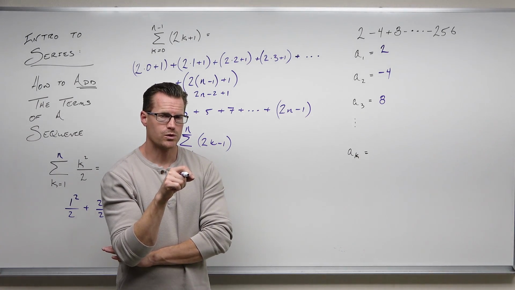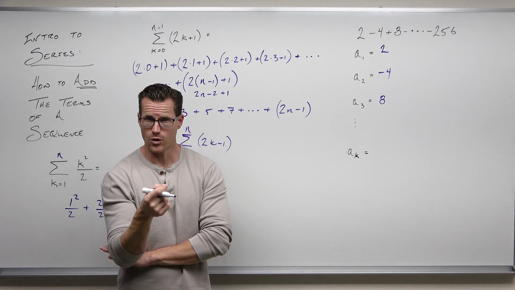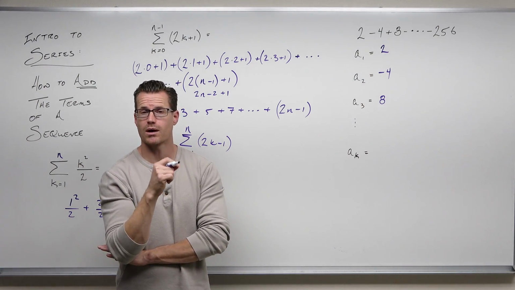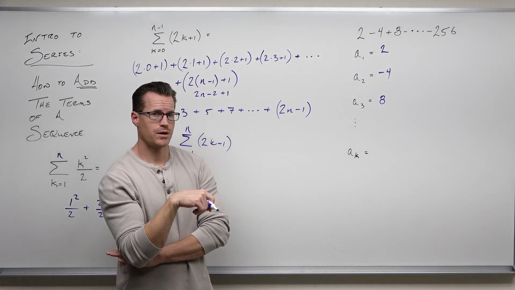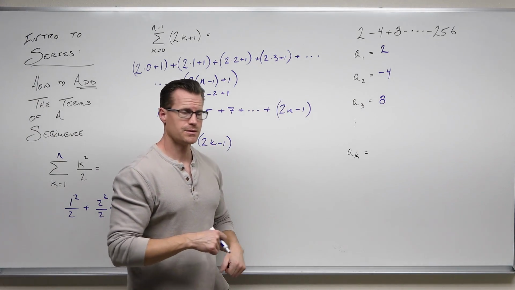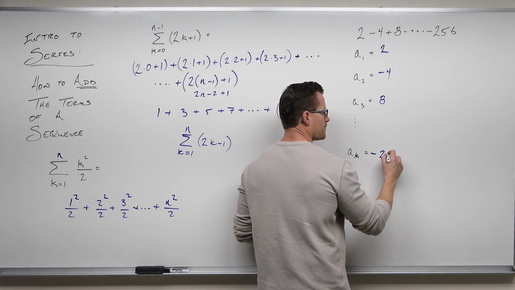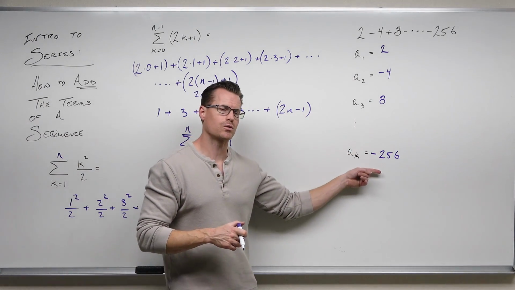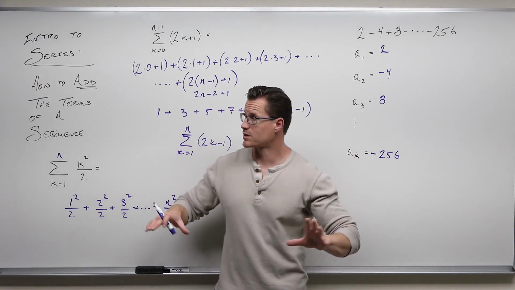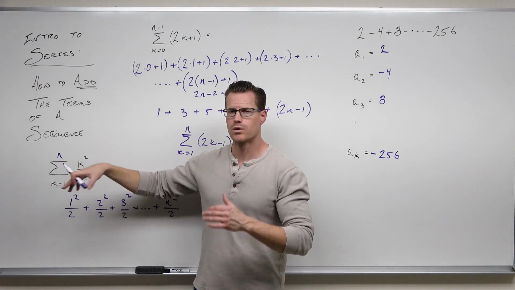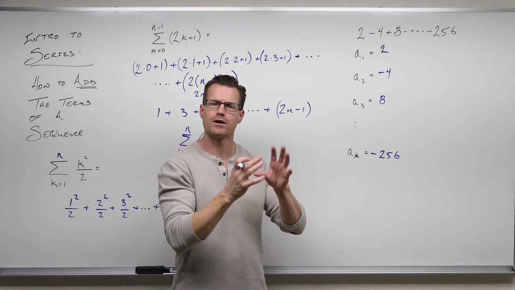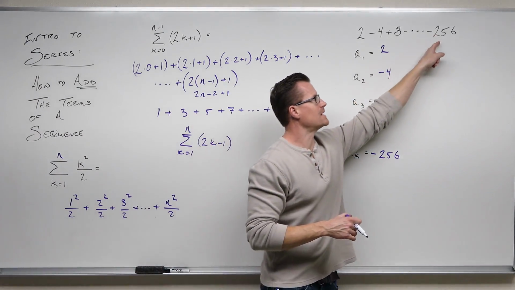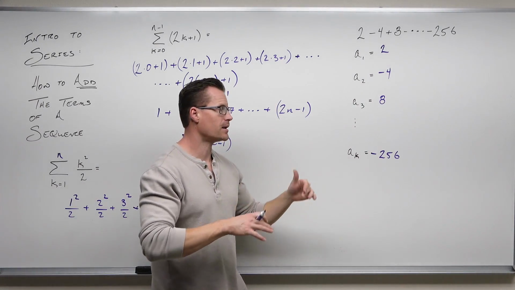So if you remember, what we're trying to do is make all of these the same form and then figure out the stuff that's not changing in it, and then relate it back to our n, our index. Now there is one other thing here. This series stops. This series does have some number as a stopping point. So we're going to figure out what that k is, because we're going to write our series with a finite number there. It's actually going to be 8, but we'll figure out what that is as we go. So we're going to have to relate it back. I'll do a different example, like if you weren't given that, how it would change. But this is the way we go through it.